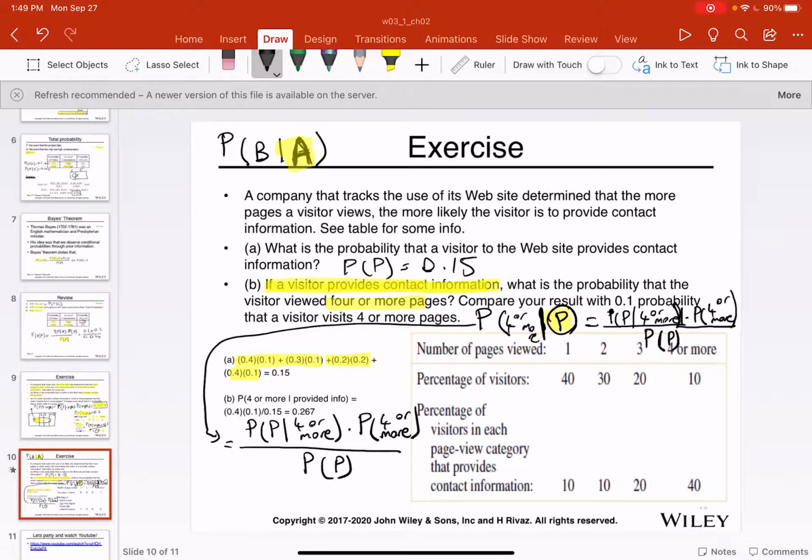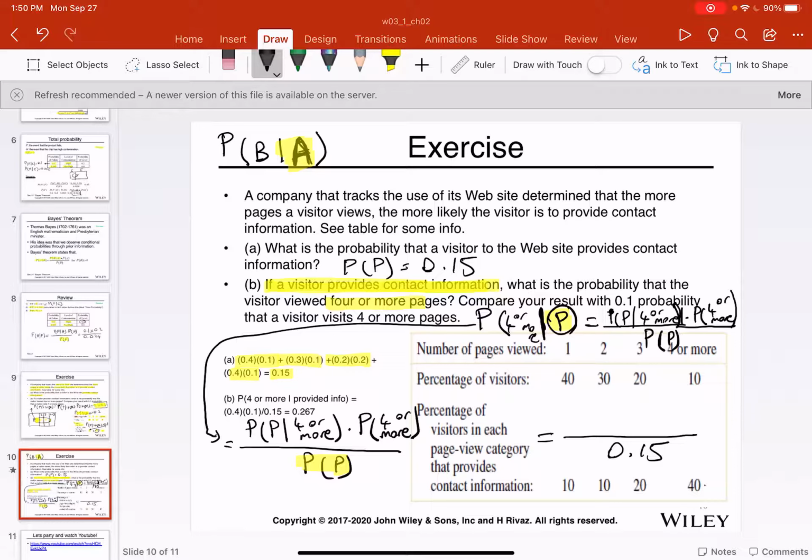Right. And always when you use the Bayes Theorem, the denominator is the difficult part to calculate. Unfortunately, we calculated it in the previous part, right? In A, we calculated the probability of providing information, that's 15%. So this is going to be equal to 15, right? Probability of providing given 4 or more